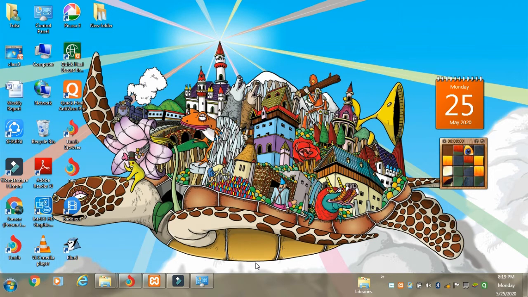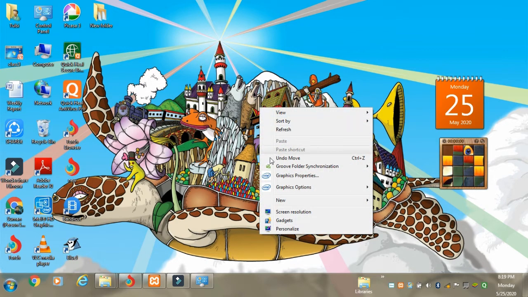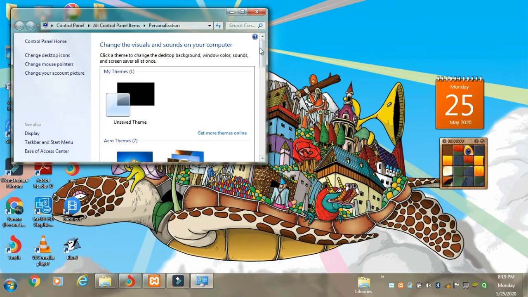Another, we have a screensaver. Screensavers are the objects which display when the computer is left idle for a certain time. So let us check how a screensaver is activated. Simply right click on the desktop blank area, go to the personalize option. At the bottom